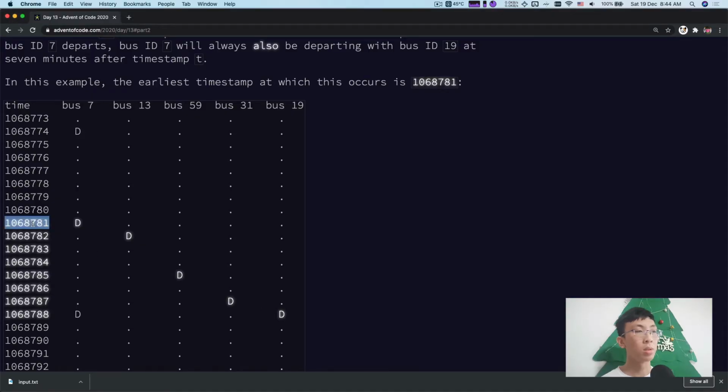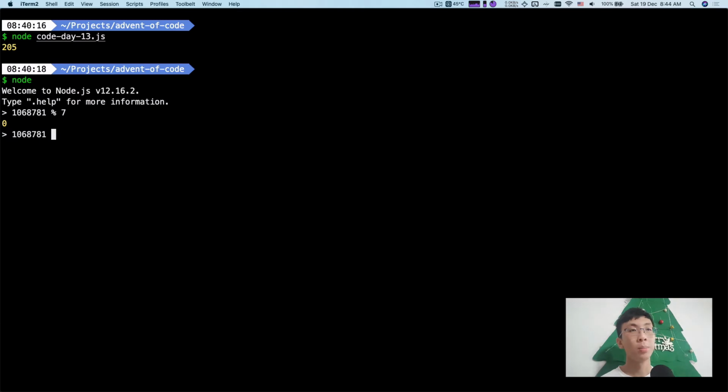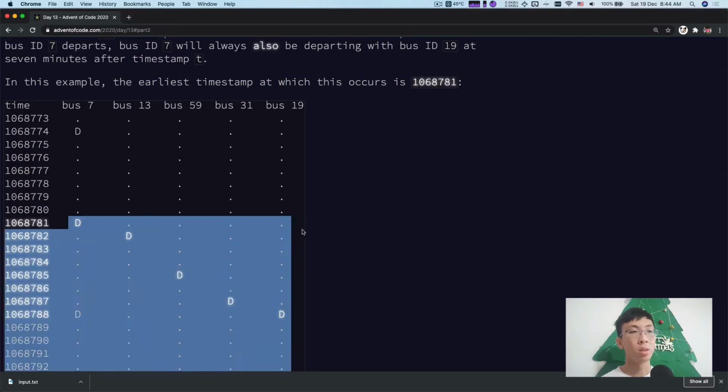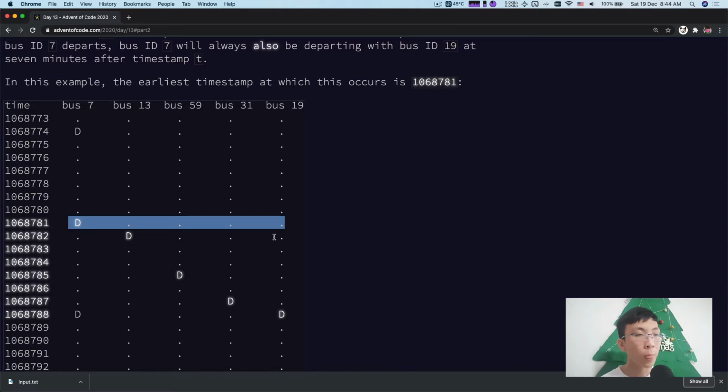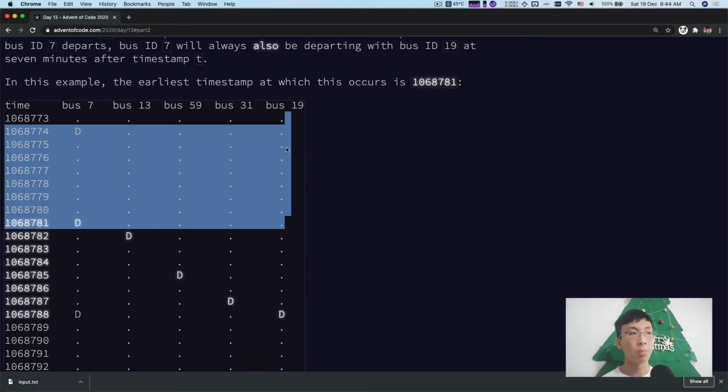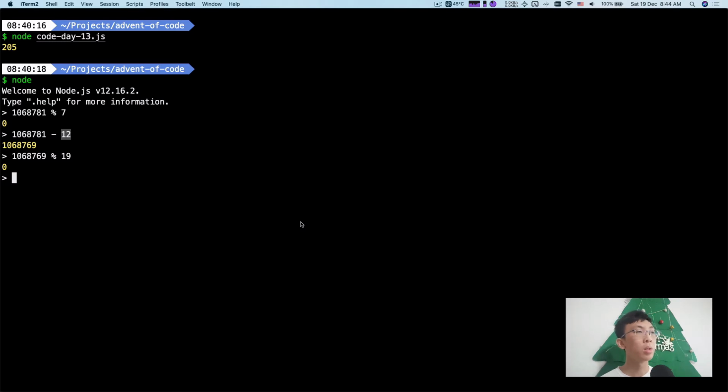Right, so this plus 12, because, so minus 12, and then this should be a multiple of 19, right? Minus 12 because it's over here, it's 7 apart, right? So it should be 12 before the last departed, right? So this number is, it's going to be, okay,